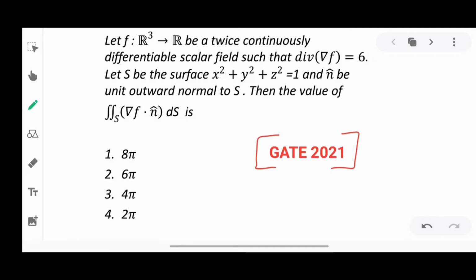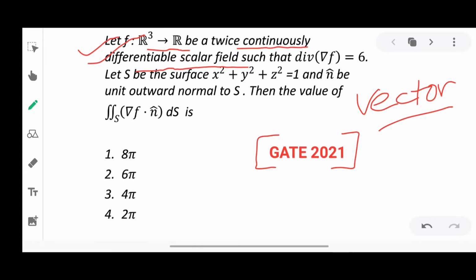Today I am solving two problems which came in GATE 2021 on the subject of vector calculus. These two problems are based on two important theorems of vector calculus, that is Green's theorem and the divergence theorem. The first problem is, let f from R3 to R be a twice continuously differentiable scalar point function, scalar